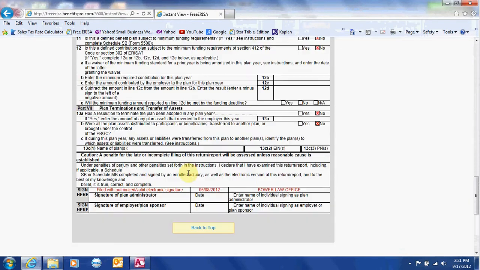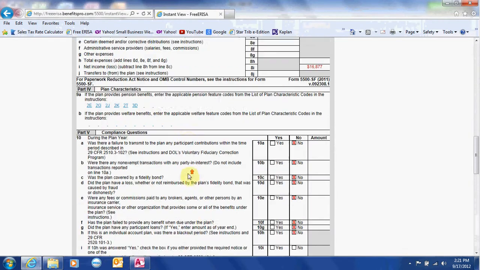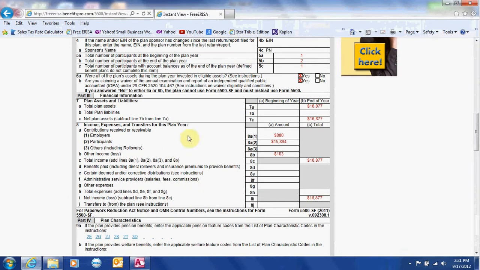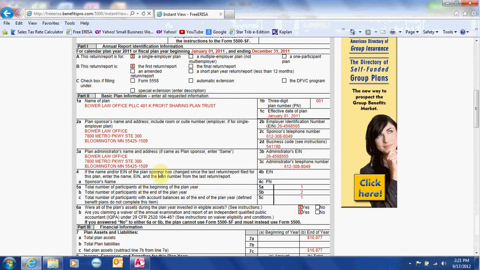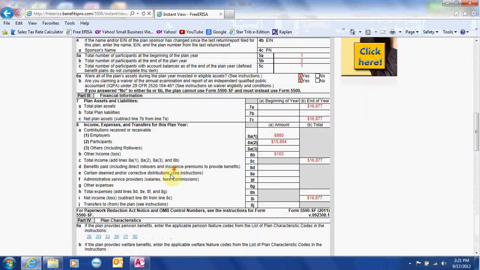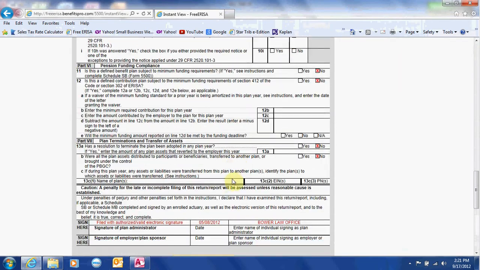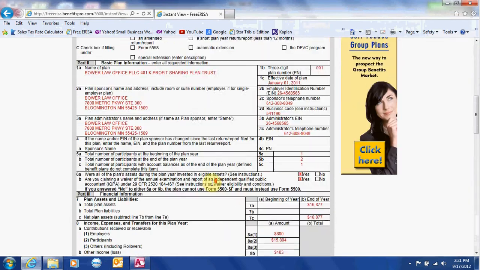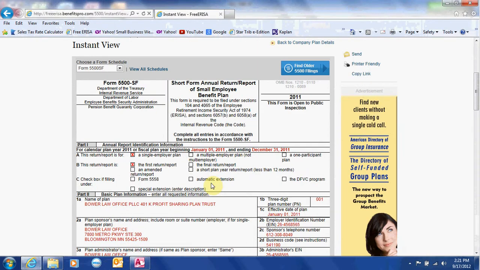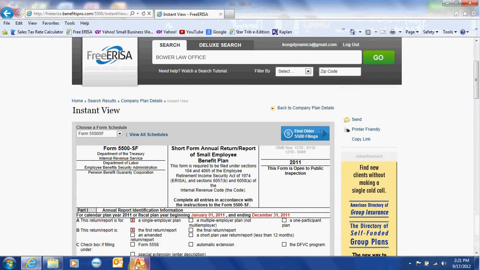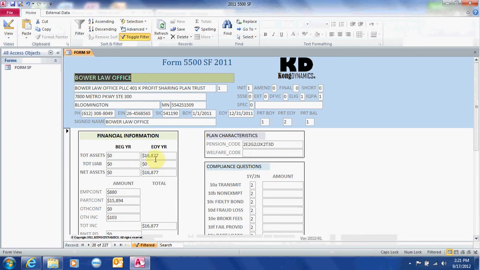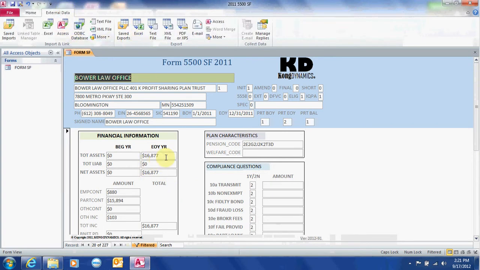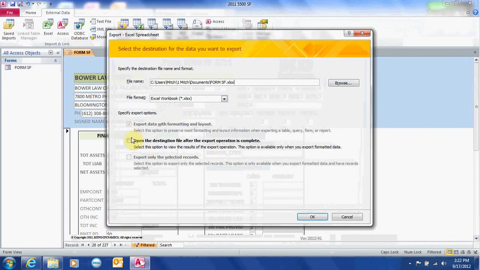So here's the 5500 short form. I'm pretty much lifting out all this information through here, the financial information, the particulars up here, down and through here. So pretty basic information on this short form. I wouldn't want to hand type that, that's for sure. So I'd rather look at it in something like this. And again, as I showed you before, as soon as you narrow this thing down to what's of interest to you, you can download it into Excel.